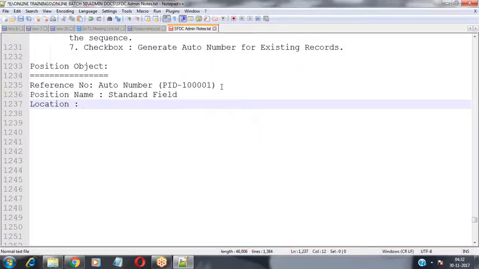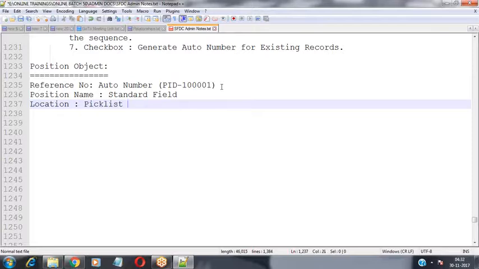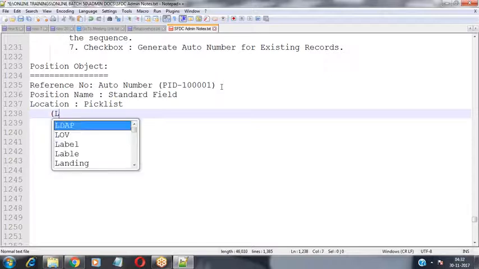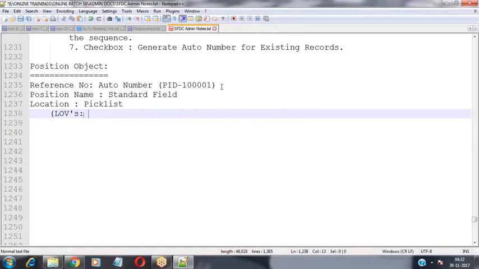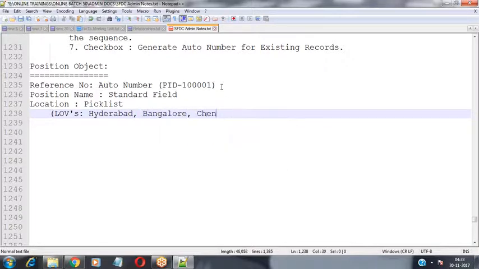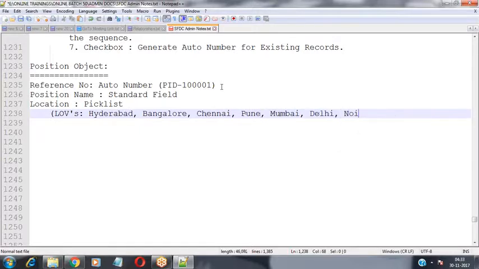Now what type of field do we need to use? I'm using the pick list. This will be of type pick list. And what will be the values you want to populate? The list of values, LOVs, are Hyderabad, Bangalore, Chennai, Pune, Mumbai, Delhi, Noida, Kochi.